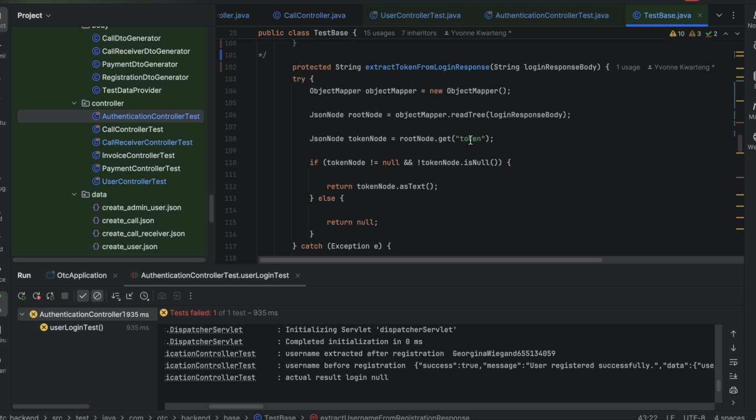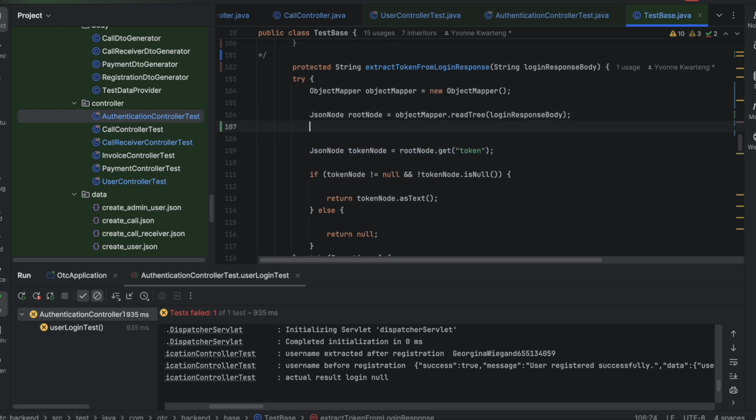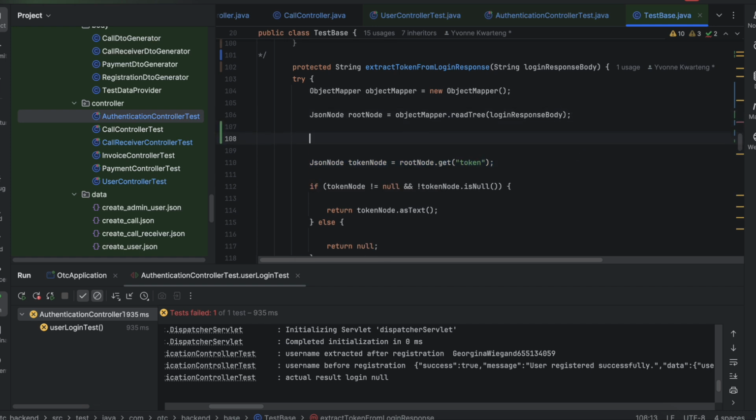Okay, that's the token. We can't go straight to the token, so we got the ObjectMapper and then we got the root. Let's just copy this one, and then we get out, and then we can actually check if it's a null and stuff like that. We want the data first from the root, and we store it as root,